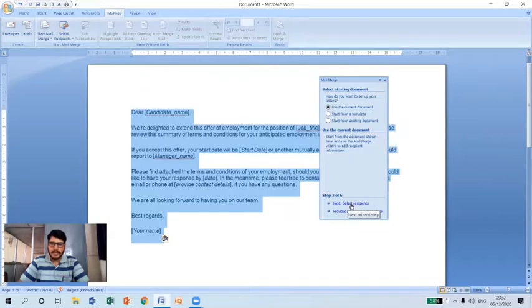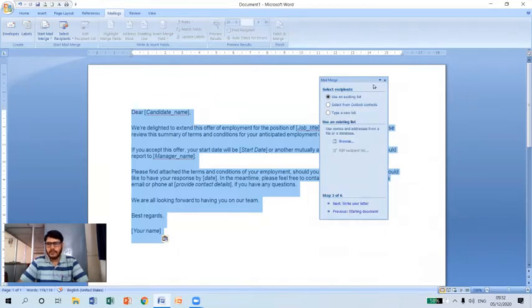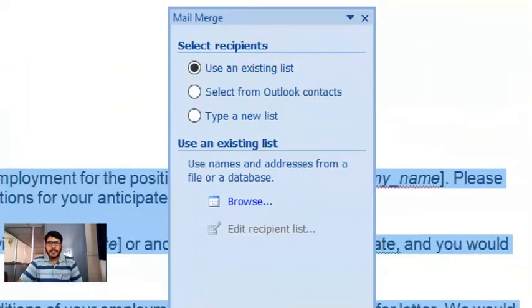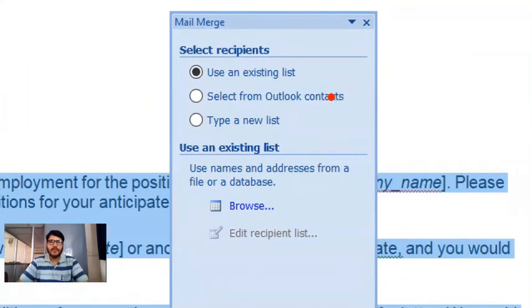That is select recipients. This is the third step, select recipients. Click on this. Now you can see here, again it is providing several options. Now I need to select a recipient list. Whether I want to use an existing list. Suppose I have already created a list in an MS Word document, then I want to utilize that particular list, so I have to select this option.